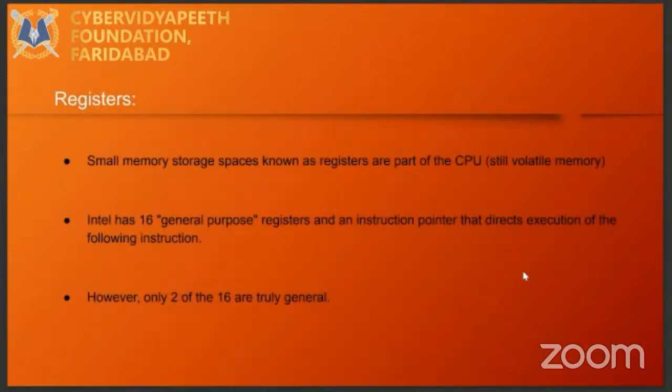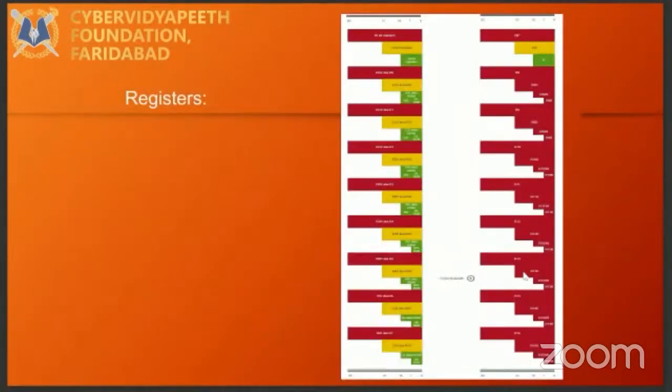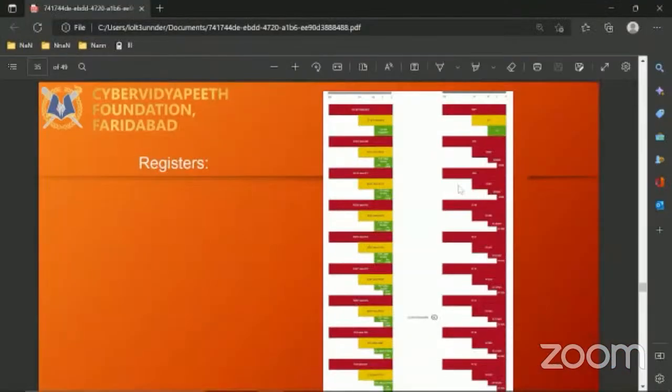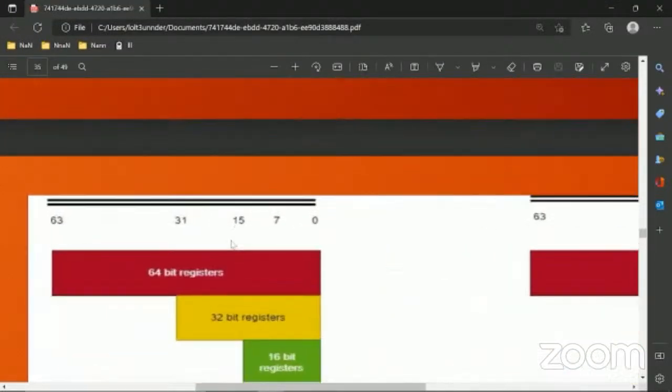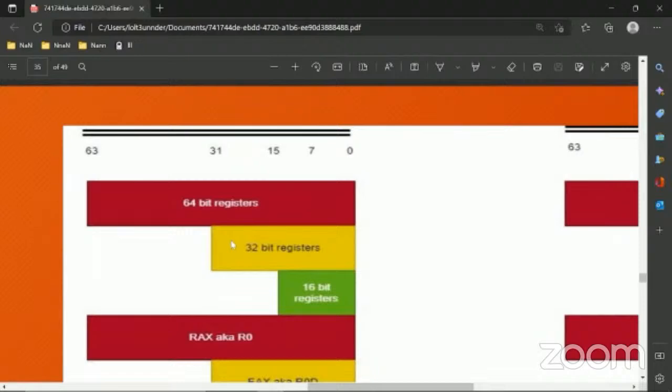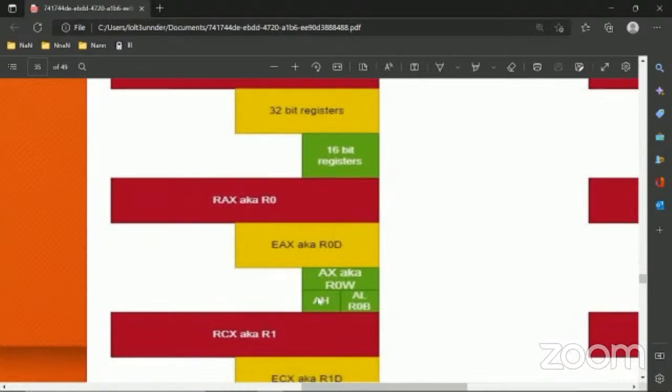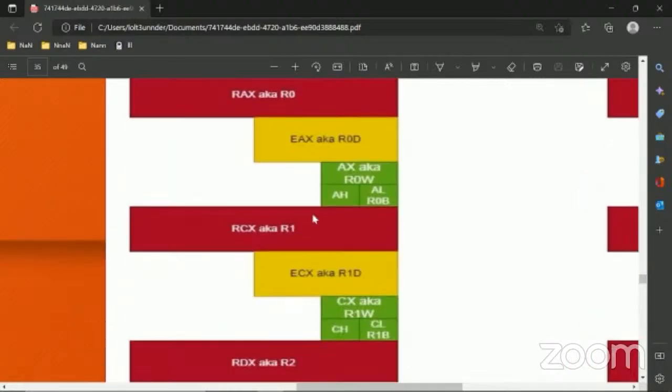There's some more information here about registers, which I'm not going to go into today. That's for day 2. Here's a simple example of how a register looks. I'm going to just exit out of my sharing so that you can see my screen properly. There you go. You can see that the red ones are 64-bit registers, yellow ones are 32-bit, and green ones are 16-bit. Here you can see that there is the R0 register, R0D register, R0W register, R0B register, and the